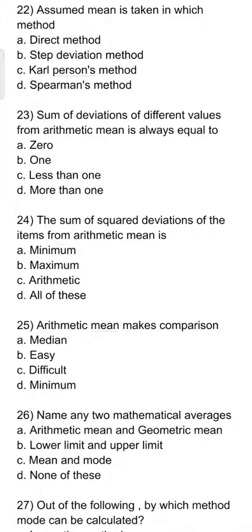नेक्स्ट, sum of deviation of different values from arithmetic mean is always equal to A 0, B 1, C less than 1 और D more than 1। तो इसका आंसर है A 0। Next, the sum of square deviation of the items from arithmetic mean is A minimum, B maximum, C arithmetic or D all of these। इसका आंसर है A minimum। Next 25, arithmetic mean makes comparison A median, B easy, C difficult, D minimum। इसका आंसर है B easy। Next, name any two mathematical averages: A arithmetic mean and geometric mean, B lower limit and upper limit, C mean and mode और D none of these। तो इसका आंसर है A arithmetic mean and geometric mean।